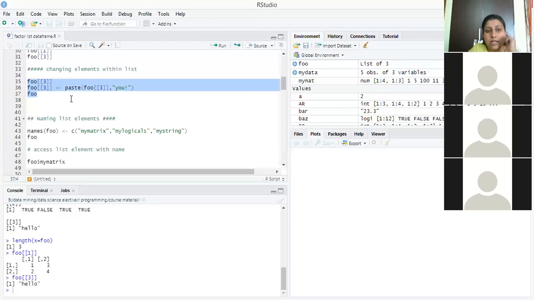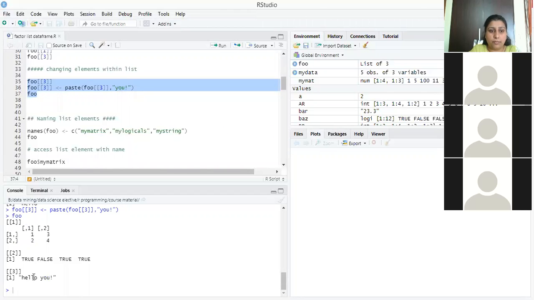Here I am changing the string value. I perform a concatenation operation with the stored string and a new string, and that is U. If we print this, then the third element is now changed. In place of hello, it is hello U.